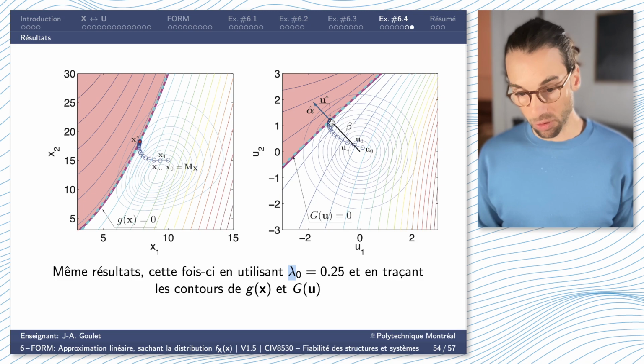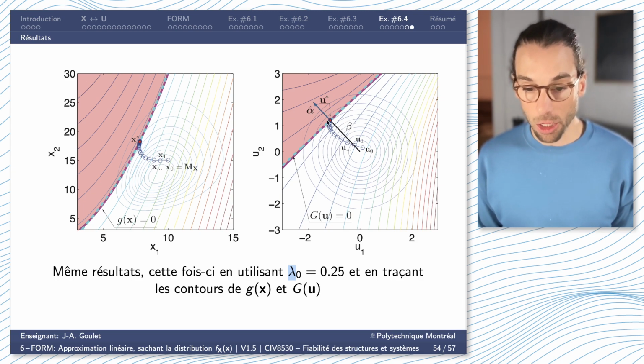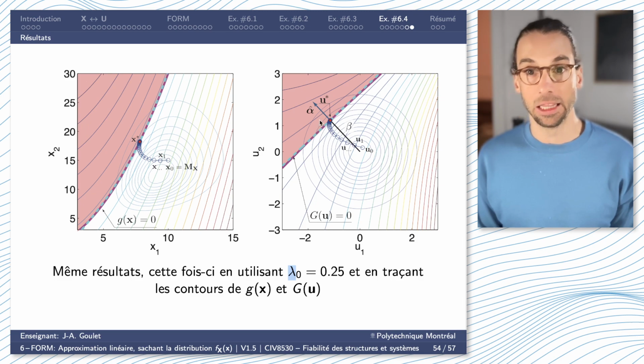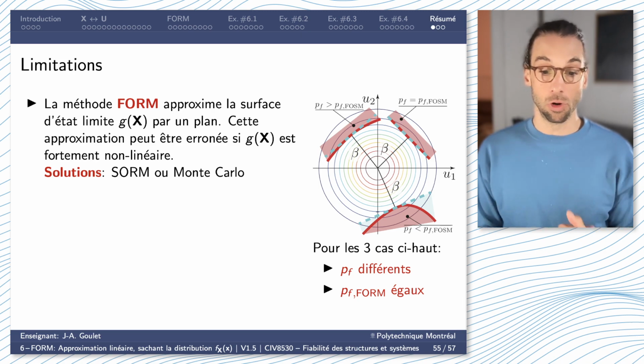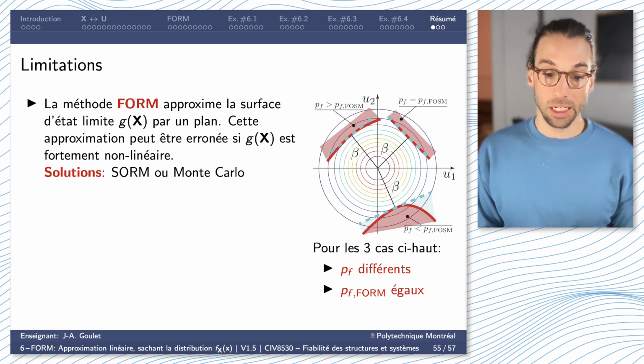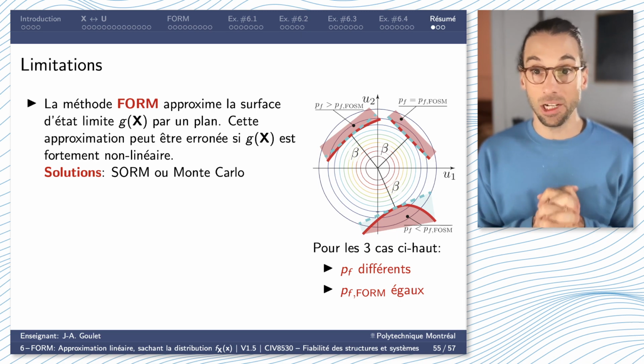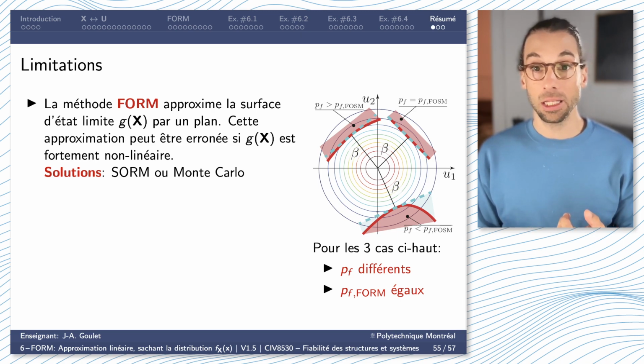And we can see that what we found here at U star is my linearization point, and we can see that my alpha vectors follow the contour of my limit state function. So in summary, in terms of limitations, the FORM method can be really accurate, really fast, but